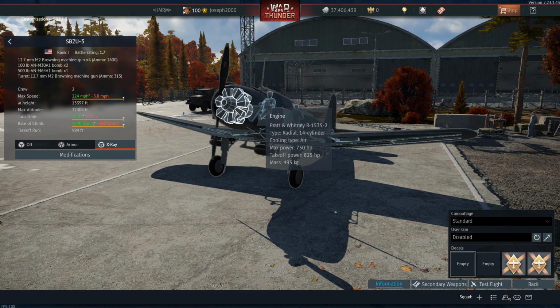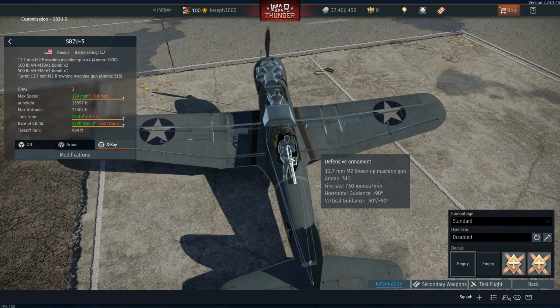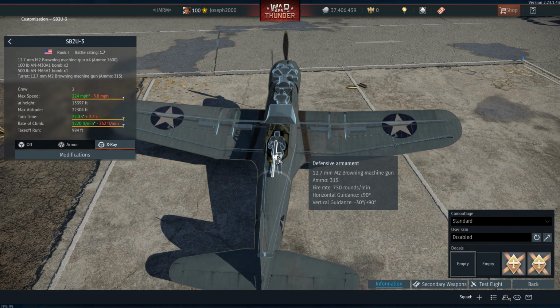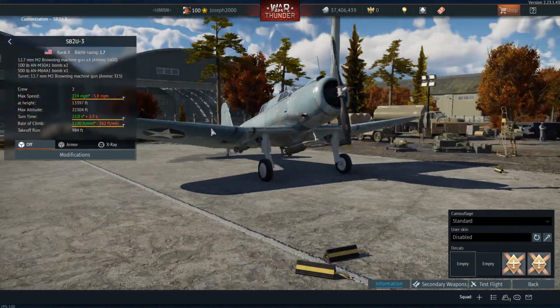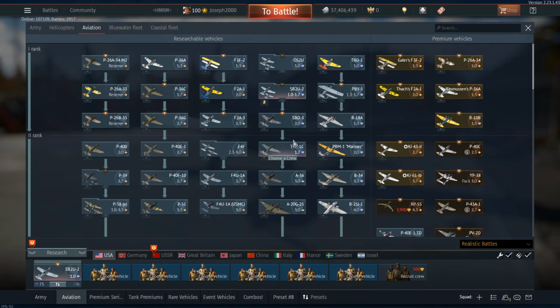Whilst the engine and the horsepower remain the same, the forward firepower just tenfolds the SB2U-2, and the rear gunner even gets his own 50 cal, which can do the exact same traverse angles. Whilst you do go up to 1.7, this thing can perfectly handle 2.7 matches just because it can be aggressive. And if it was down to me, this would probably be what I'd pick for a talisman other than the